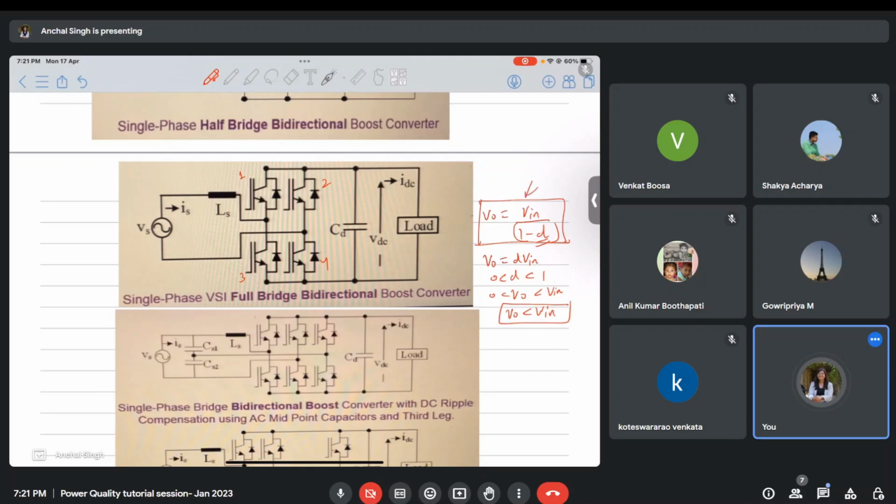Whenever you have to do a similar KVL, KCL analysis and obtain the input-output relationship of the voltage and the current, from that you will be able to tell what kind of circuit this is. And since it is doing the boost operation, therefore it is called a boost converter. The physical arrangement alone is not making this converter a boost. The physical arrangement along with the switching pulses is making this converter a boost converter.